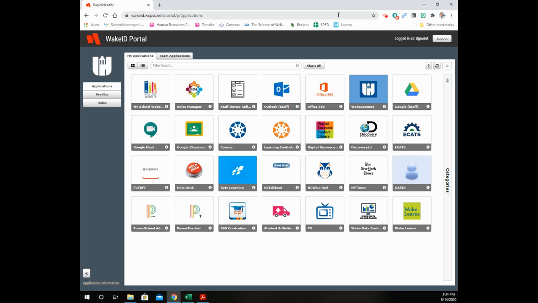Most children will know what their Wake ID and their password is because they had to access Wake ID quite frequently in the springtime. If you have any questions about Wake ID or password, don't hesitate to reach out to your counselor or your grade level administrator. Once they do that,